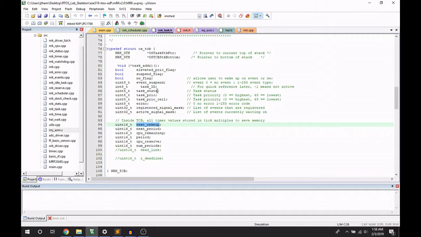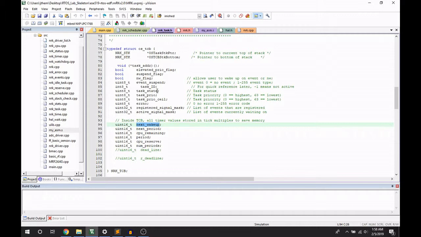Back to our weather station example. Let's say our humidity sensor with a period of 10 seconds and an execution time of 1 second has just finished its execution time of 1 second. Therefore, at that moment, it would be moved into the suspended state, and when its period comes up again, so when its execution time resets back to 1 at the very beginning, then it will be moved back into the